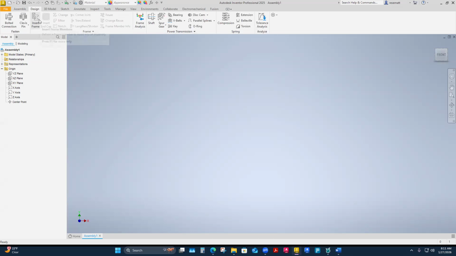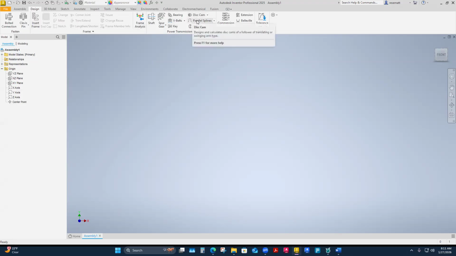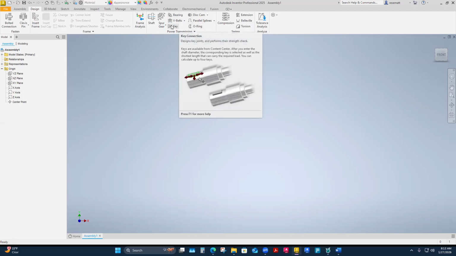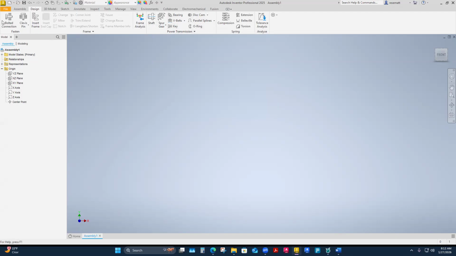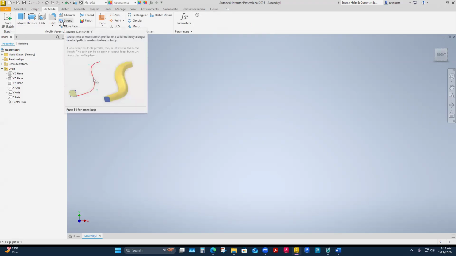Design, yeah. So we have some design. Here's where we could actually design a spur gear and some belts and some bearings, disc cam. So we have some preloaded design software here, or at least a palette. What do we got here? Kind of our normal 3D model, because I can actually draw a part even in here too. So I can be in an assembly and draw a part. So I have a lot of the same kind of part